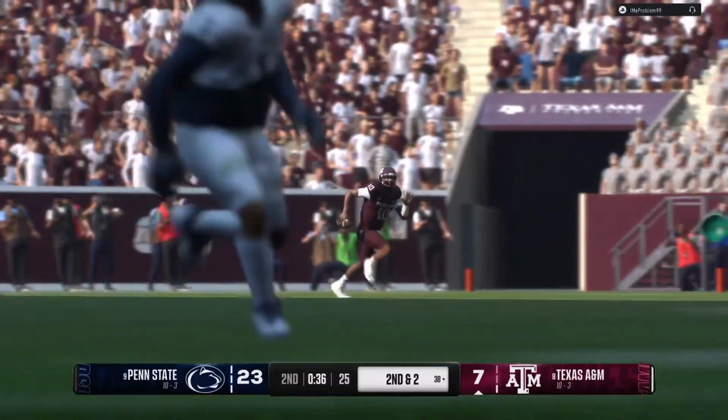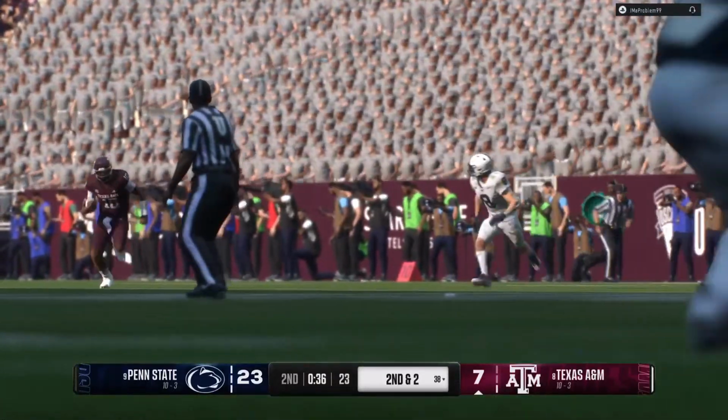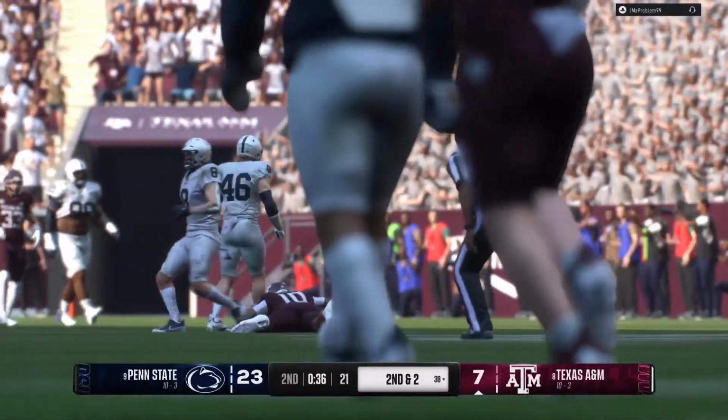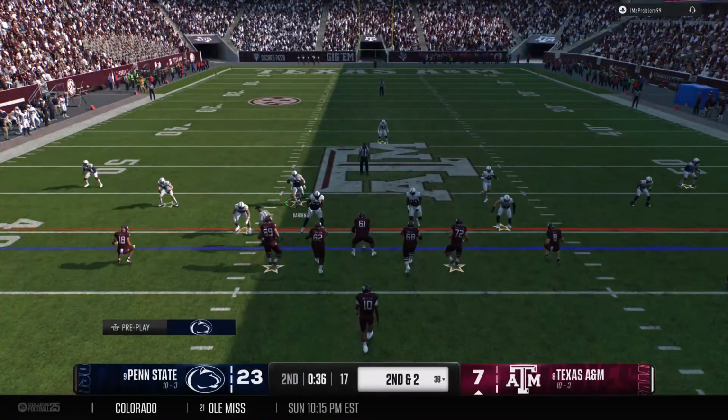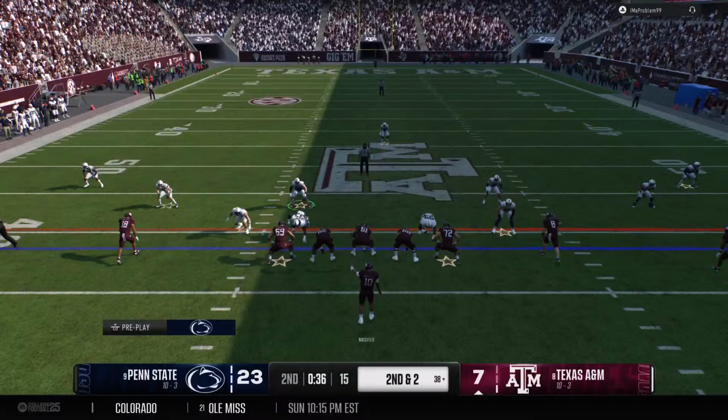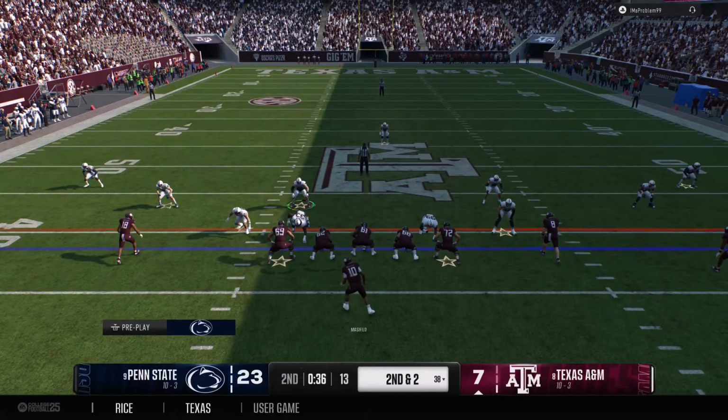Close game here as we approach halftime. Chris, watch him work through his progressions here. Finds the first and the second option aren't there. By the third option, he's got to pull it down and try to pick up some positive yards, which he did, and then he slides down to avoid the big hit.